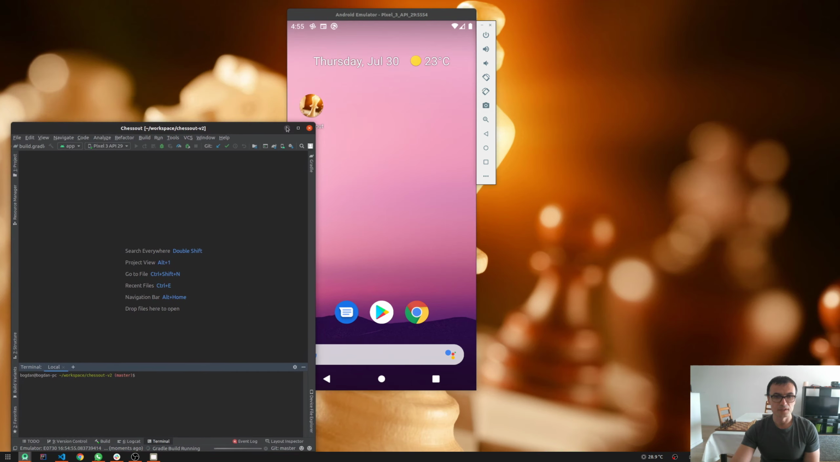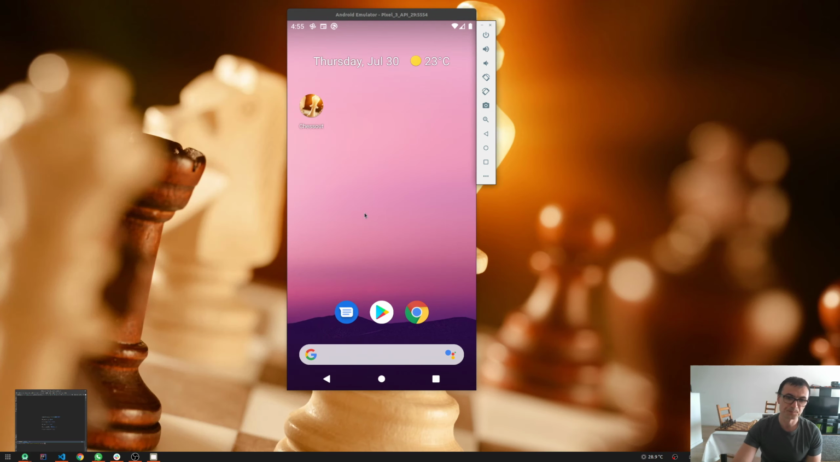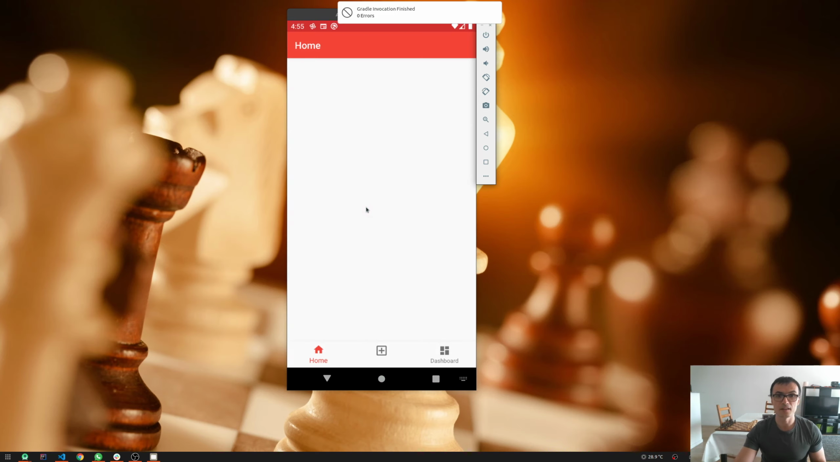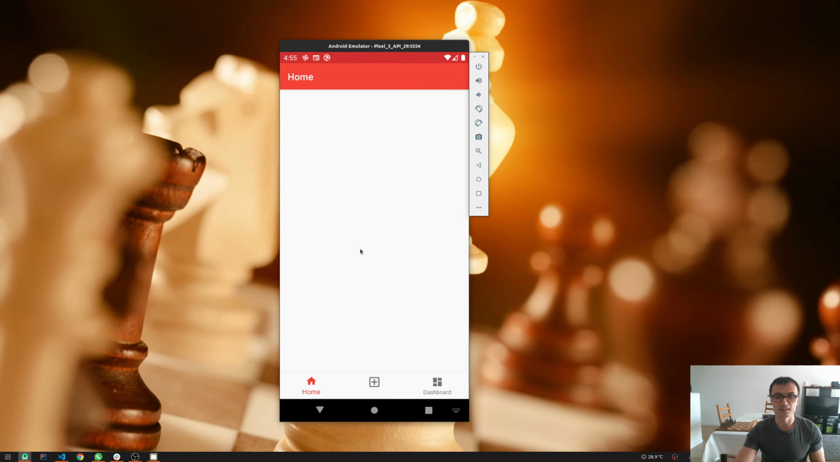I'm just waiting for the application to start. It should start up automatically once it finishes compiling the code. And voila. Now